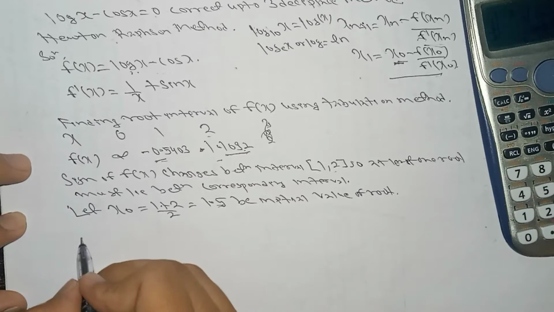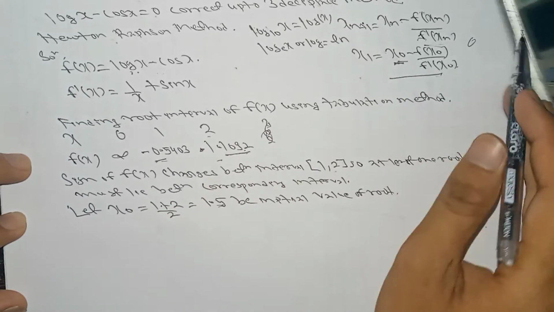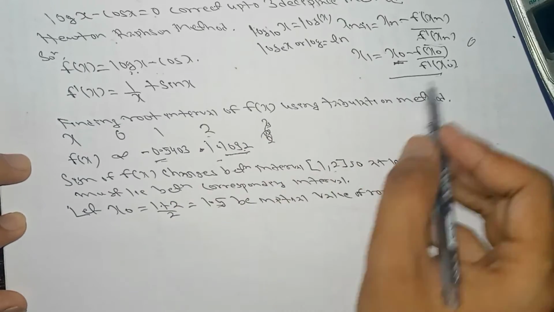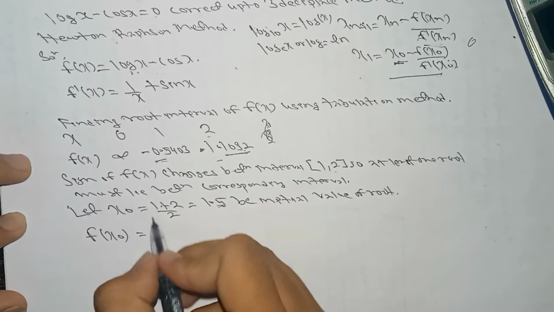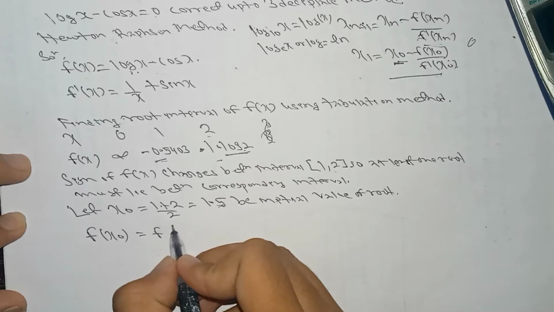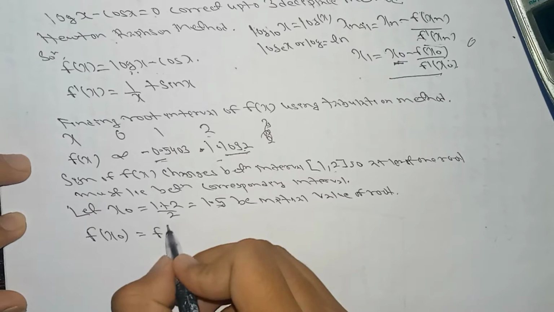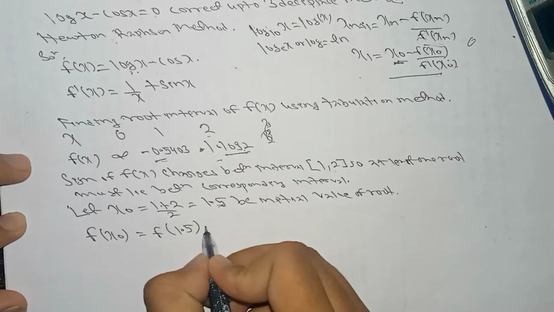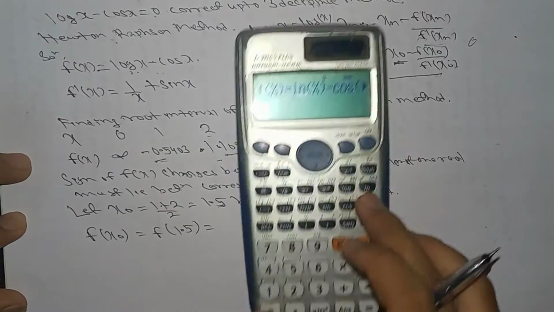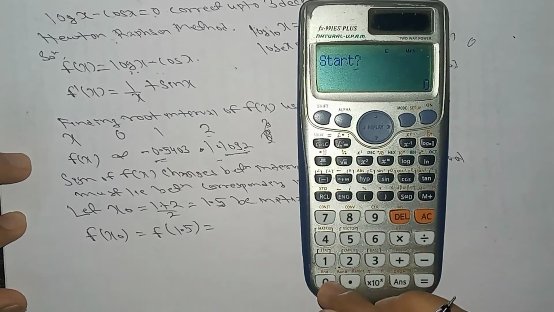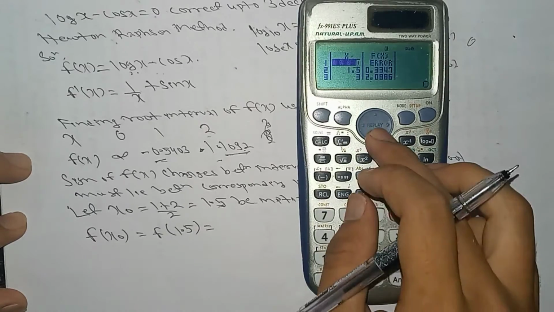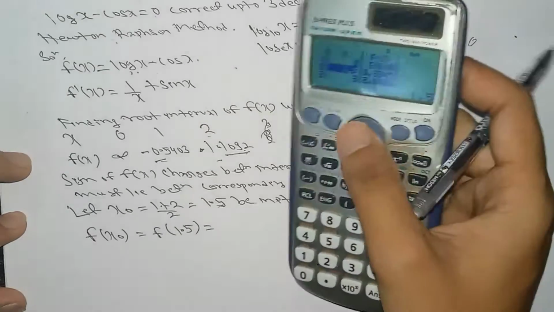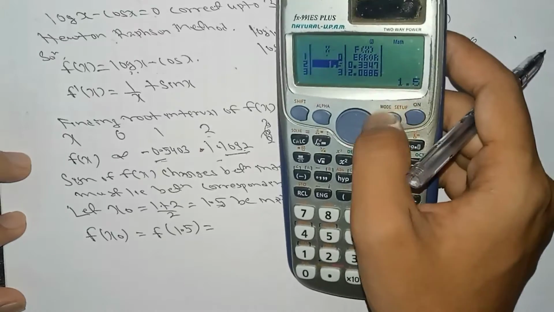Now, in the formula we have f of x0, so we have to find f of x0, and f of x0 means f of 1.5. So if we press equal to, with start 0, end 5, and step 1.5, here you can see, if x is equal to 1.5, we have obtained this